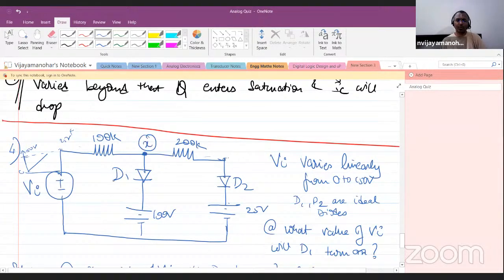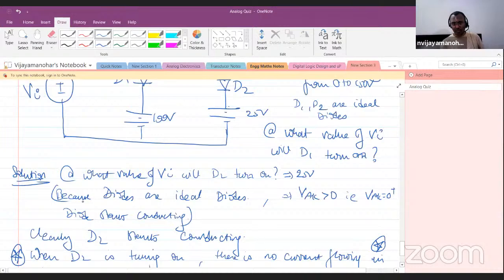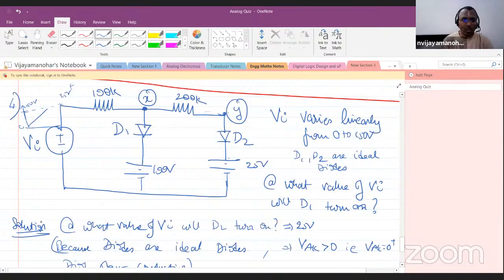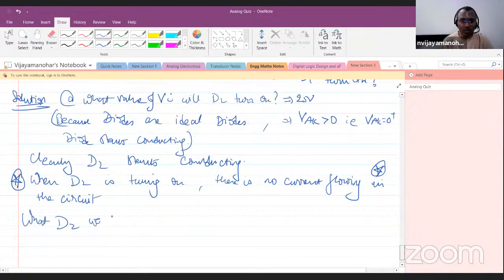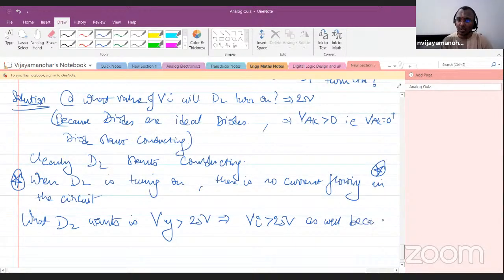All this X and Y. Now, kindly observe, this is very, very important. What D2 wants is Vy greater than 25 volt. See, this is a very important point. Observe this. What D2 wants is Vy greater than 25 volt, which implies Vi greater than 25 volt as well, because